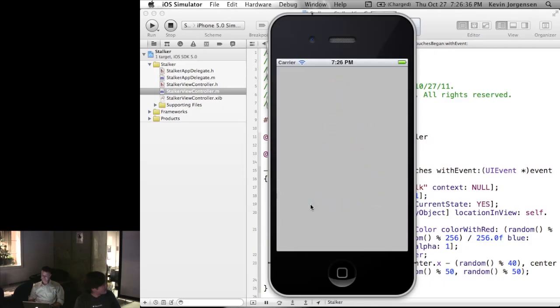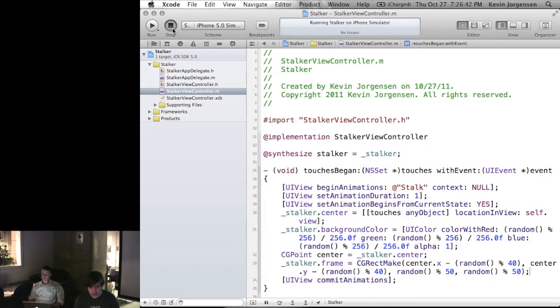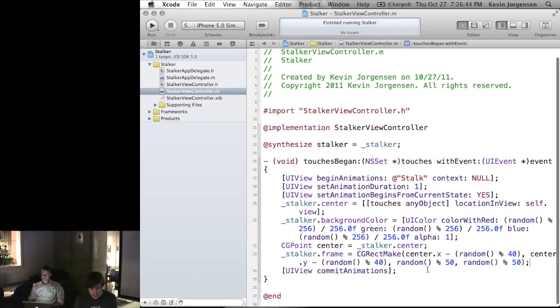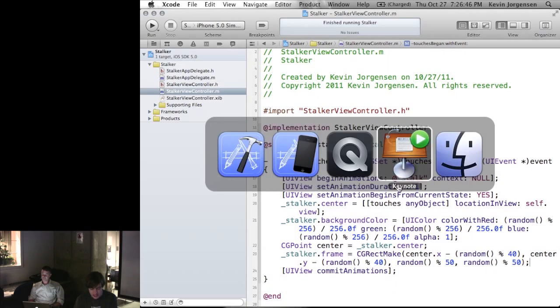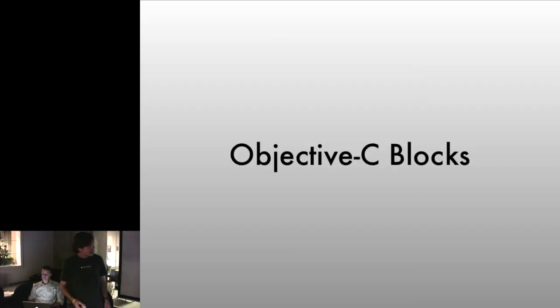So yeah, it's pretty fun. There's a lot of things you can mess with. A great number of the properties are animatable, and you can see it's not very many lines of code to add animation to these changes. Okay, so